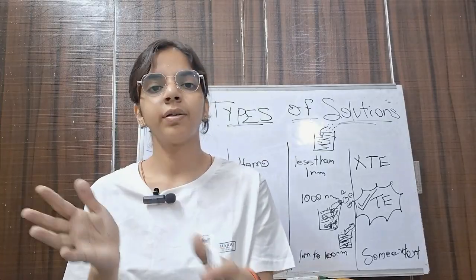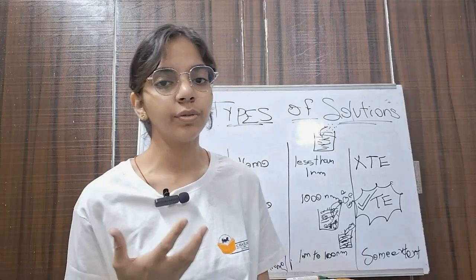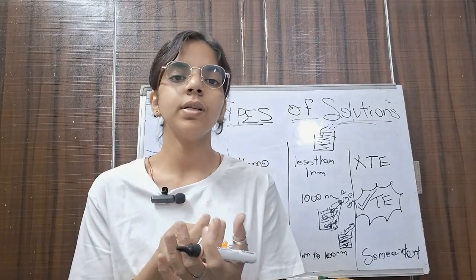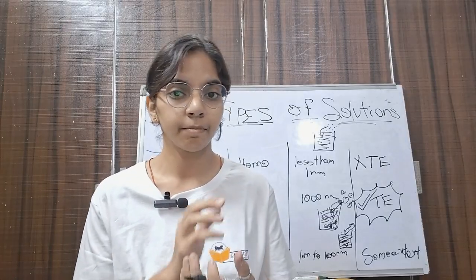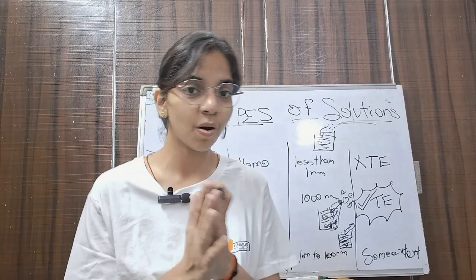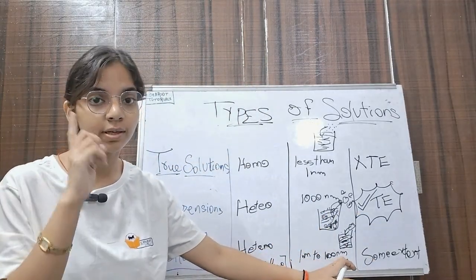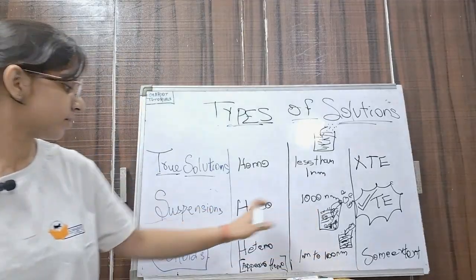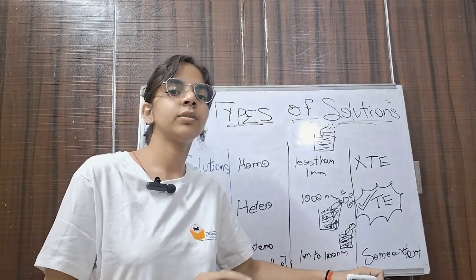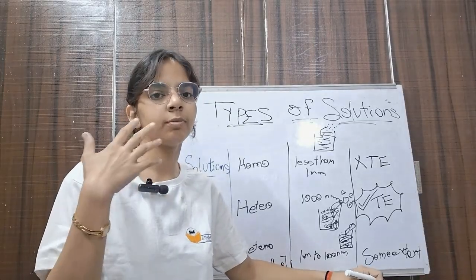For example, blood is actually a colloidal solution, right? So what will happen is, when you centrifuge, the blood cells will eventually settle down at the bottom, but you can't see them. Can you see those cells with your naked eyes? Because the particle size is from 1 nanometer to 100 nanometer, you can't see it with your naked eyes. But what happens in suspension actually? The particle size is actually very large, so that is why the settled down particles are clearly visible to our